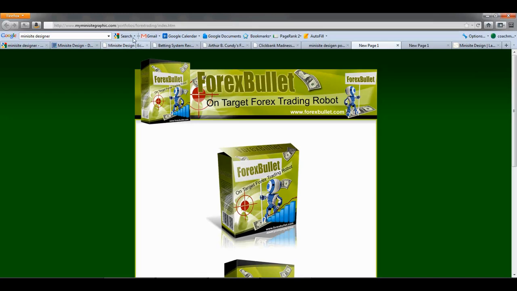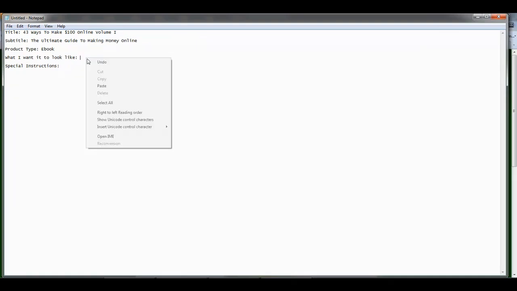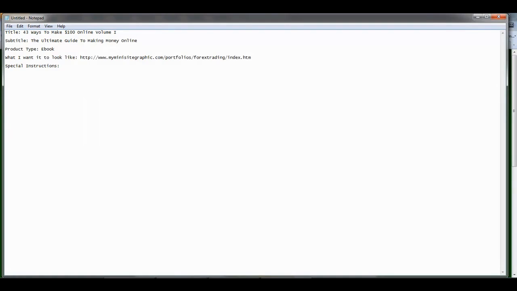I'd like it to look like this. So I'm just going to take that whole URL. And if I have any special instructions, like I always tell my guy, do not put any names or domain names on these graphics. Okay, or I tell him, put the domain name whatever.com and my name, Liz Tomey, on these graphics. Okay, so then I just copy and paste this and I take it over to my guy and I say,